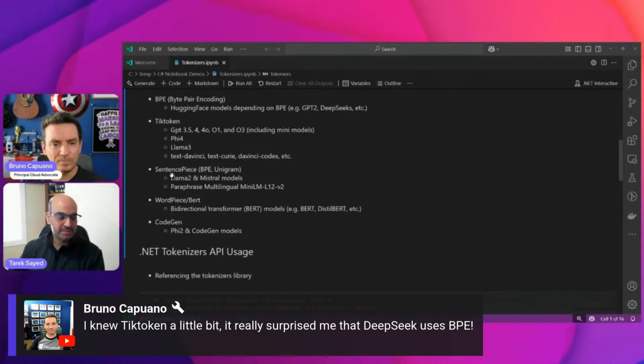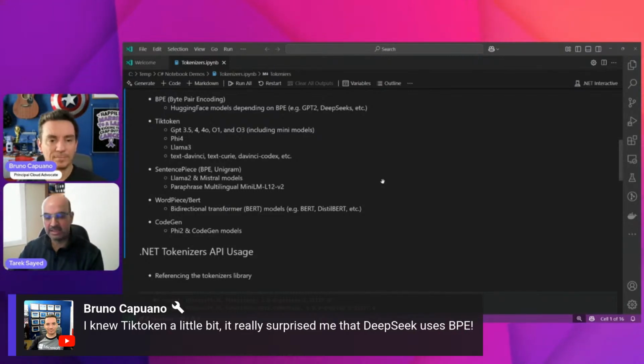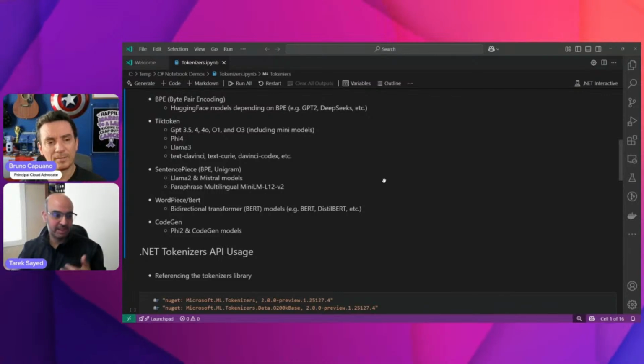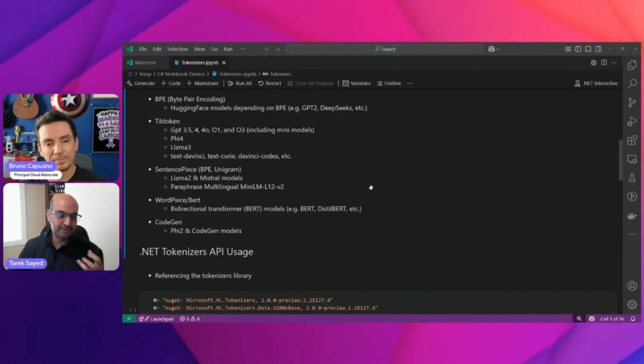We have SentencePiece. I'm not sure if users are familiar with SentencePiece, but it's a library with multiple tokenizers, originally implemented natively by Google. Some users adapted to using it, so we are supporting it in our library. If you have any code that needs to use SentencePiece, we allow that.